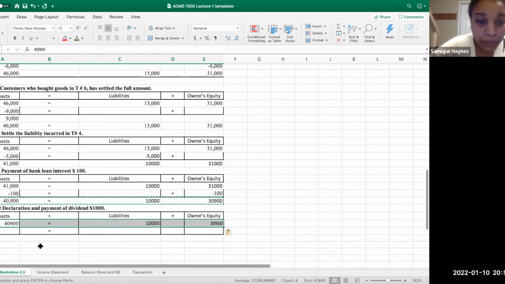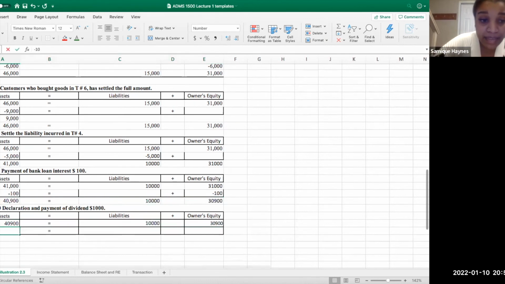What's going to happen here? If we pay the dividend out, what's going to be affected? What accounts can you think of? Somebody says assets will decrease by 1,000 because it's cash, because we're paying it out. So yeah, I can buy that. $1,000 is going to go down for assets.